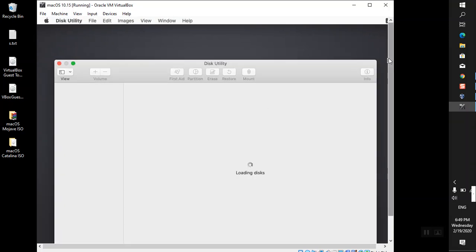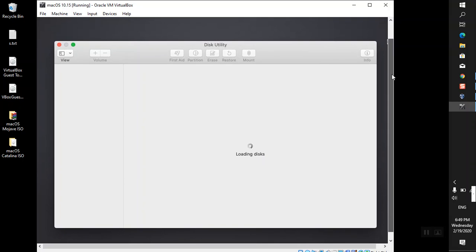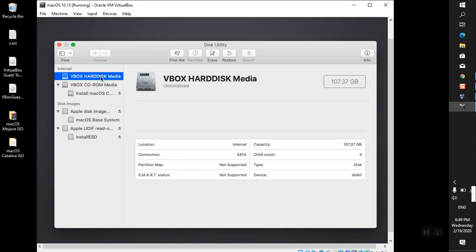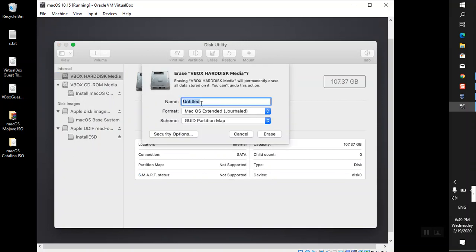From here, you have to first enable view all the HDDs, or in other words, all the devices, and you can have a look at them all. So here is the VBox hard disk media. Choose erase and type a name for this one. I am going to type macOS Catalina